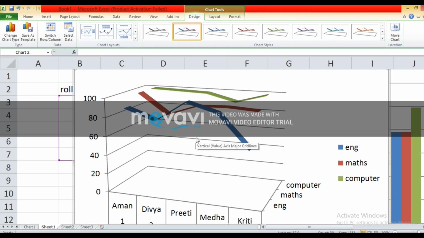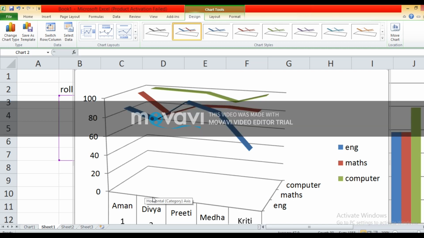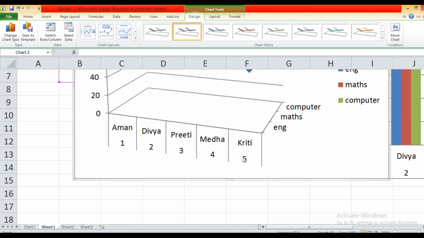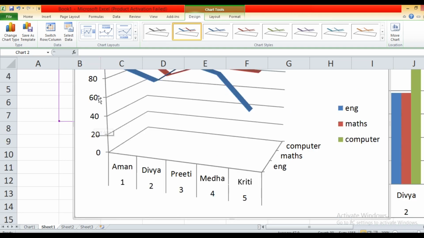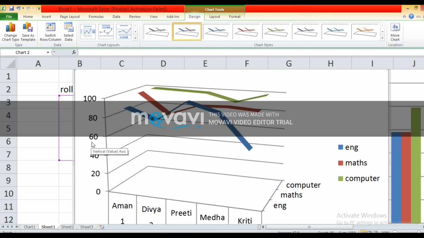As we have discussed the different components of the chart, this area where your chart is displaying, that area is known as the plot area. Where we draw our chart, that is the plot area, and this is known as your legends. These are the legends and this is the x-axis. We represent the names in the x-axis and your marks are represented in the y-axis. These categories 180, 60 are on the y-axis. Their names are on the x-axis.